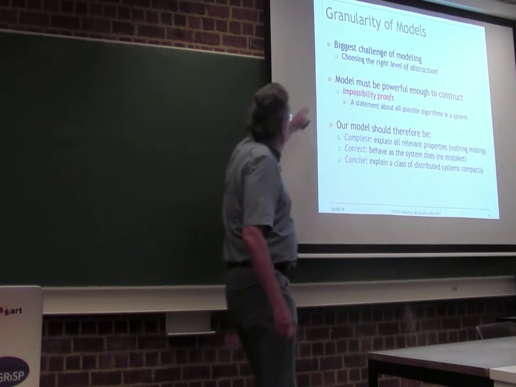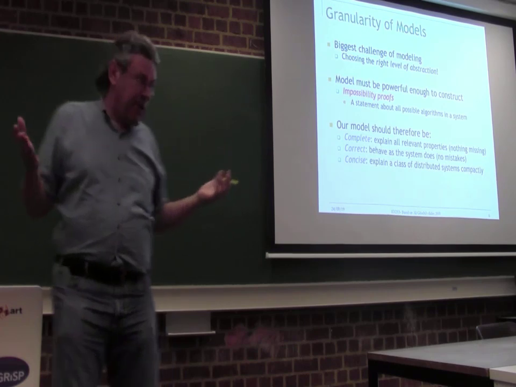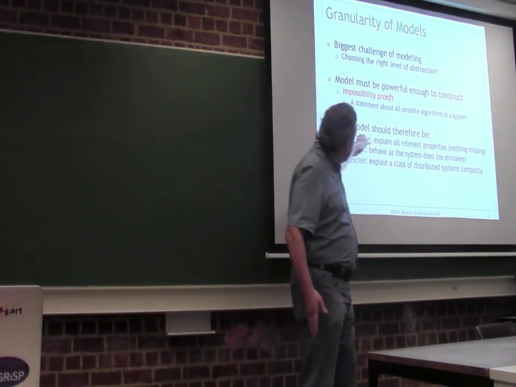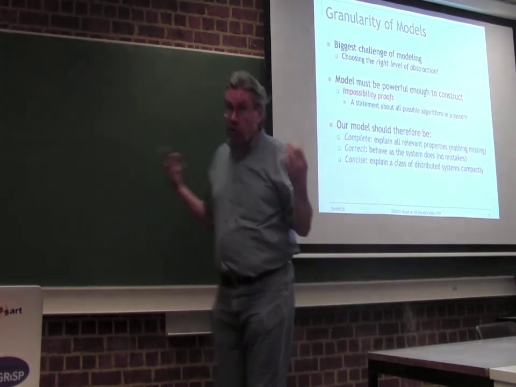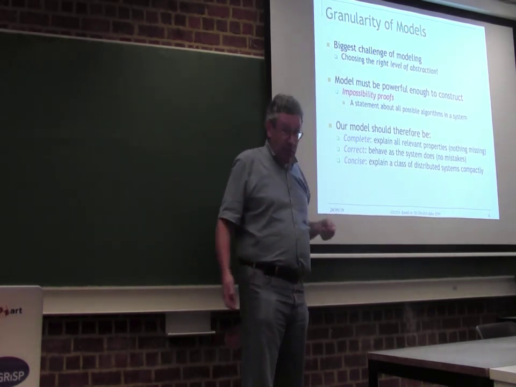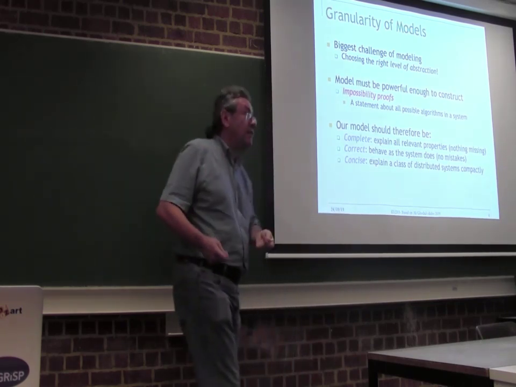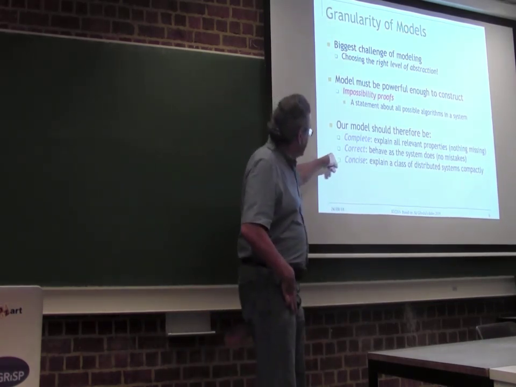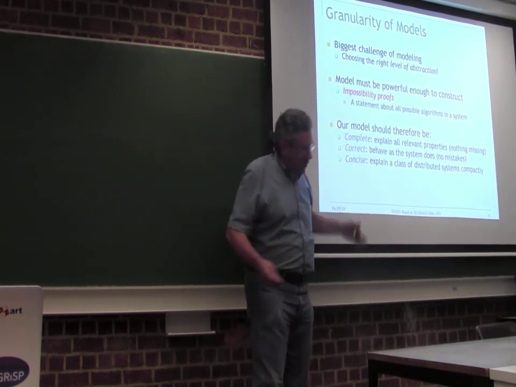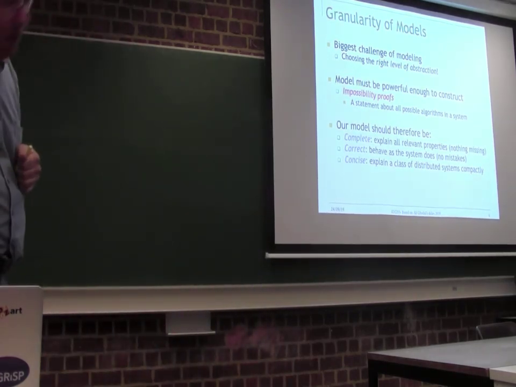So the problem about modeling is we want the model to be strong enough, but not too complicated. It has to be complete, so that it explains everything the real world is doing that's interesting for us, nothing is missing, but also correct. It doesn't say wrong things. If it says something, then the real world system is going to do that too. And also, we want it to be concise, not too complicated. Okay, so these are three conflicting requirements. So it's an art to make a good model.